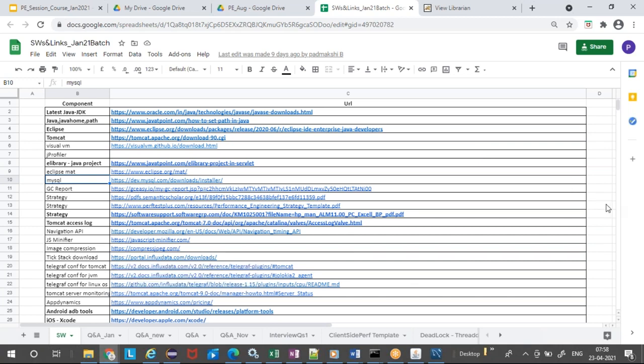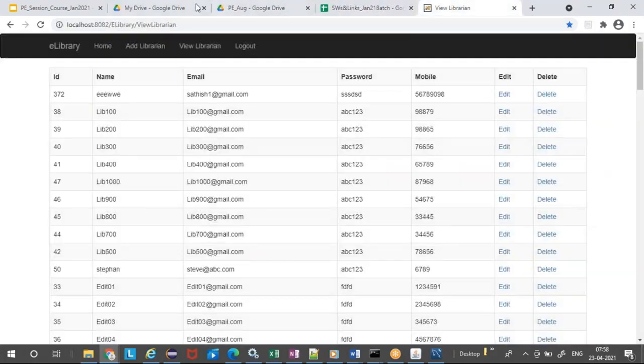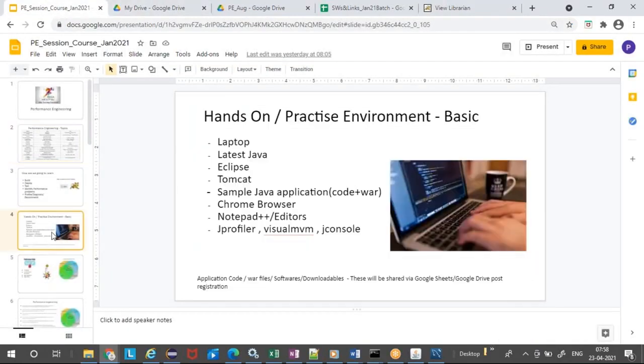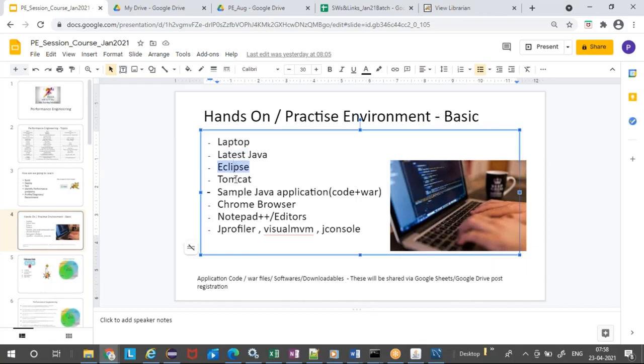So to access this e-library application via web, we need to have Eclipse, Tomcat, and Java installed on the machine, and MySQL has to be installed. Yeah, MySQL is not mandatory. Even without a database, this application will work. You should have Java, Eclipse, Tomcat, and that's it. Nothing else. Even Eclipse is not required to start with, because if you're not going to work on the code, you just need to download the WAR file. Then you just need Java, Tomcat, and the WAR file. Three minimum things.